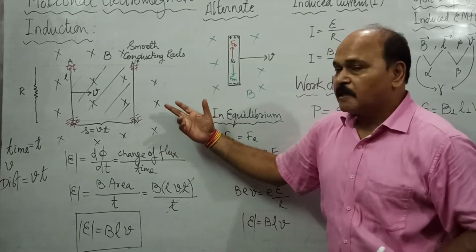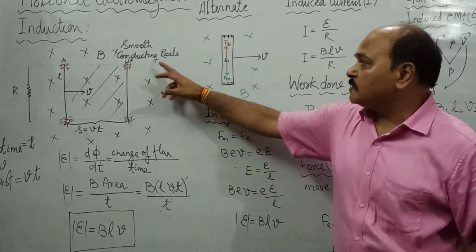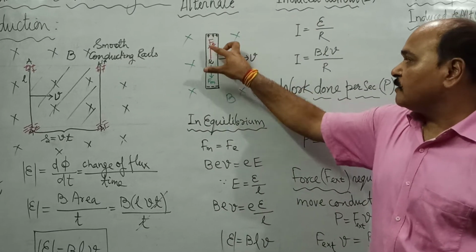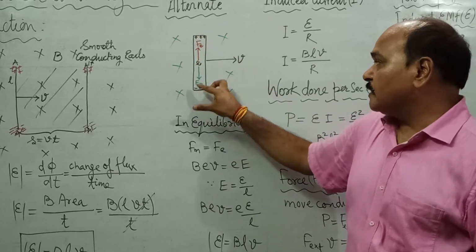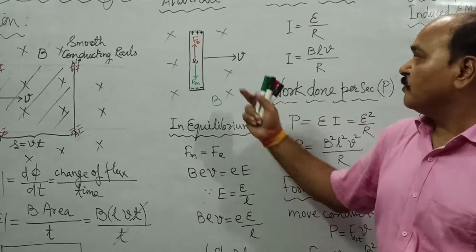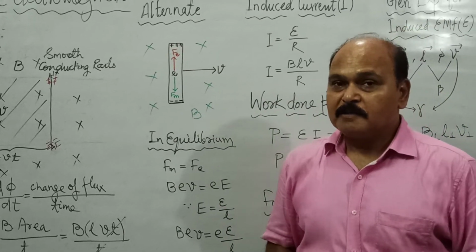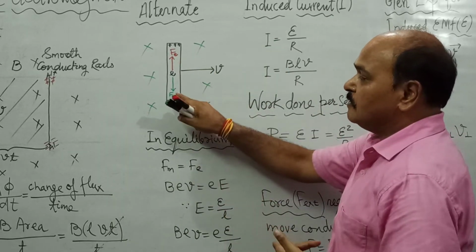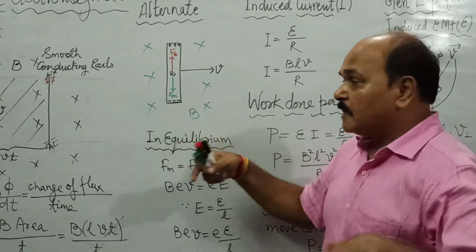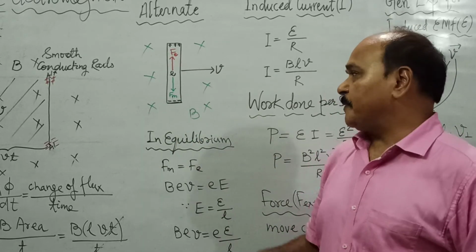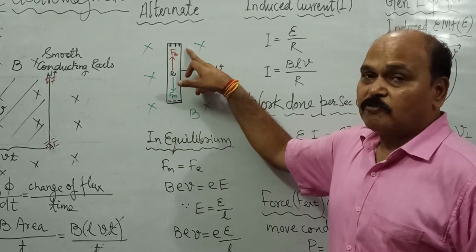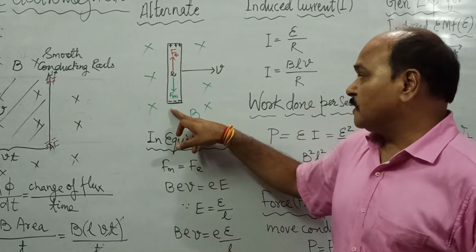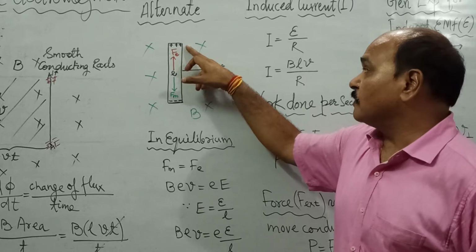Well, there is another alternate way of finding out this potential difference. What is that alternate way? See, this is a magnified diagram of the conductor. As this conductor is moving towards right, we have just understood that the force acts over the electron. Magnetic force acts over the electron in the downward direction. This is the magnetic force acting over each and every electron. And as this magnetic force acts over the electron, what happens? This end becomes negative, and this end acquires positive polarity. There is polarization of the conductor. Negative charge is accumulated here, positive charge is accumulated over this end.